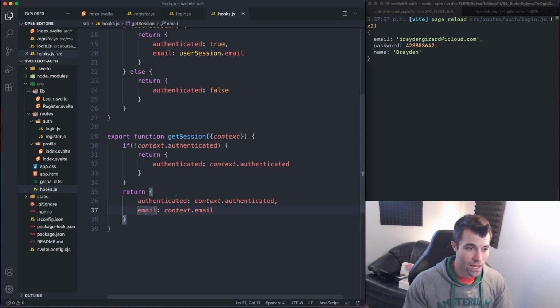Now that we're sending back authenticated true and email, we can decide what we want to do based on that session object. So this should come back to the client now, and we can make decisions based on that. So if we go to our profile,